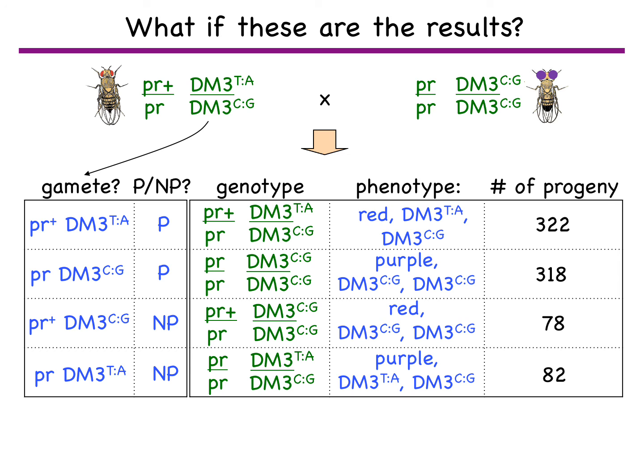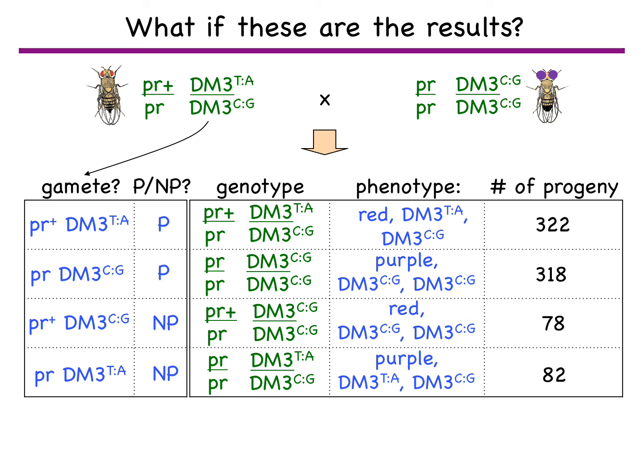And for the two more abundant progeny classes, the number of flies you see for each of those is about the same. And for the two less abundant progeny classes, the number that you see for each of those is about the same. So that's exactly the pattern you expect for linkage. So right away, you can look at this data and say the DM3 locus is probably linked to the purple locus. You don't have to do a statistical test in this case,